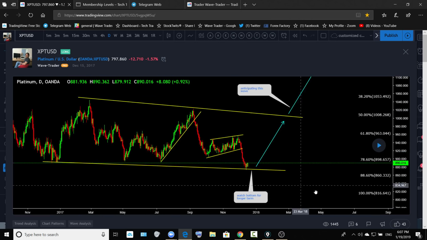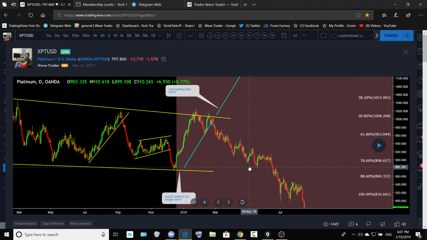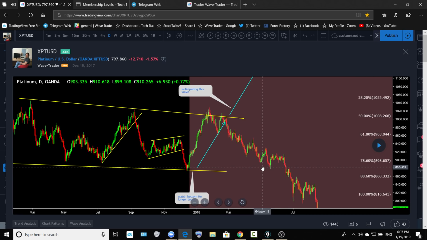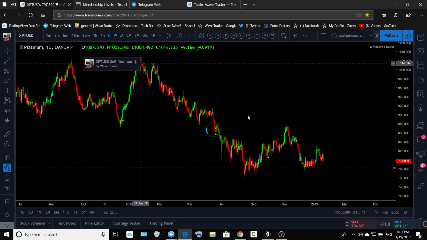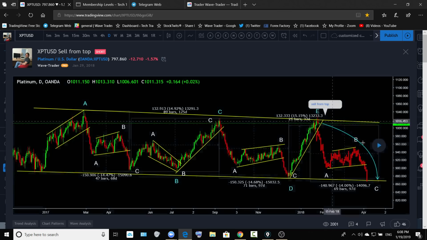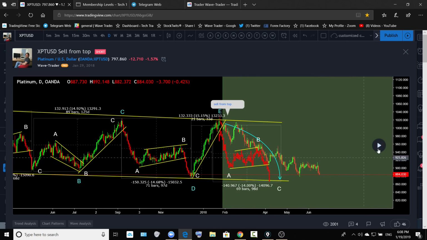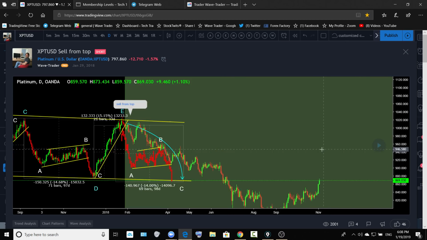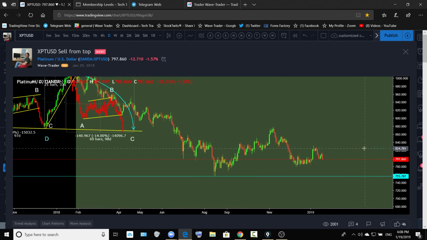We have seen a bullish corrective wave, but that turned into a correction for one more drop. From the top we were looking for it to drop. It went down, and we were looking for it to finish the bearish move at the previous bottom. That bearish wave hasn't finished yet.